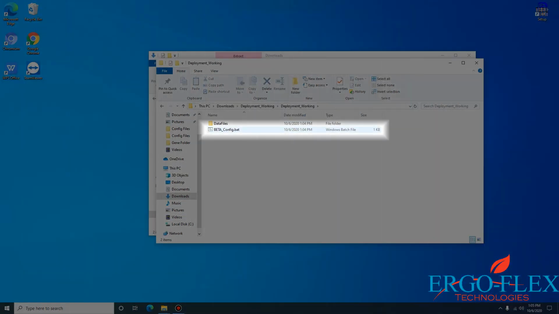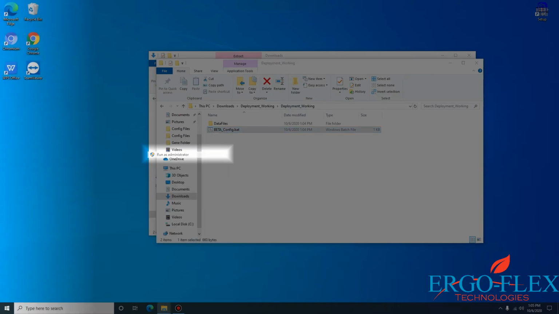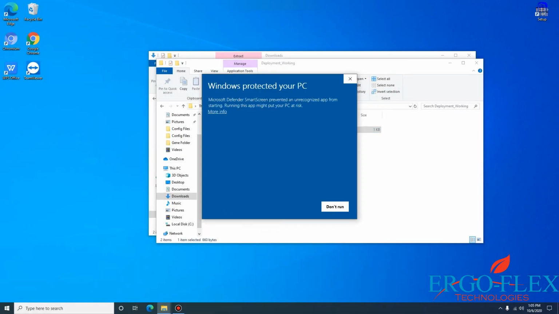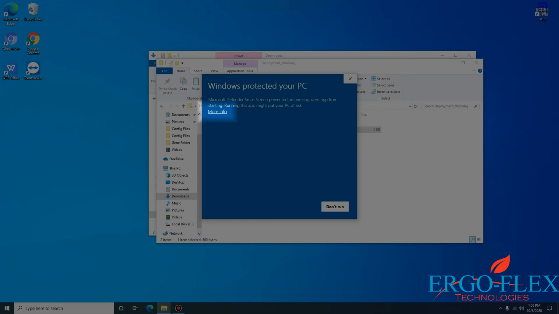right click on betaconfig.bat, select run as administrator. You'll see this pop up on the screen, Windows protected your PC. This is just simply saying that it's an unrecognized application and you want to be sure that you actually get this from a reputable source. There is nothing to be worried about with this application, however, so go ahead and select more info. Run anyways,